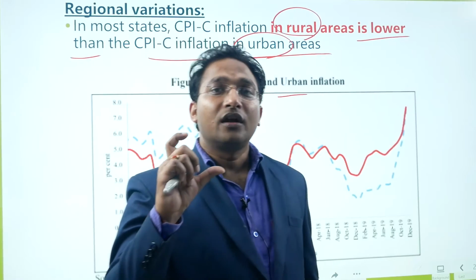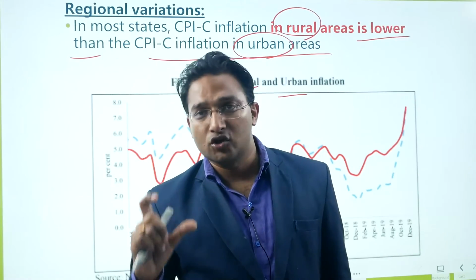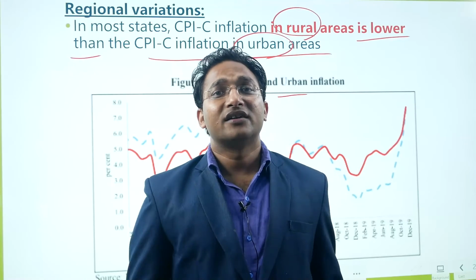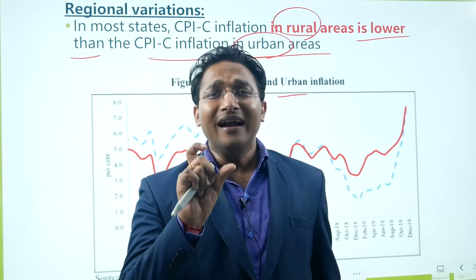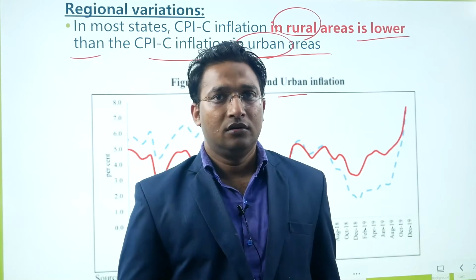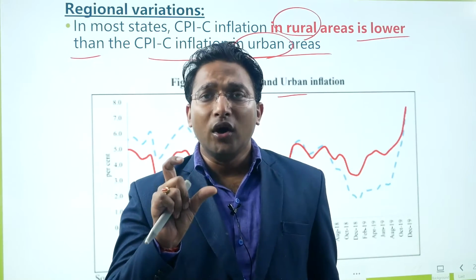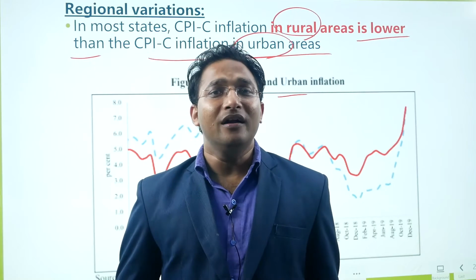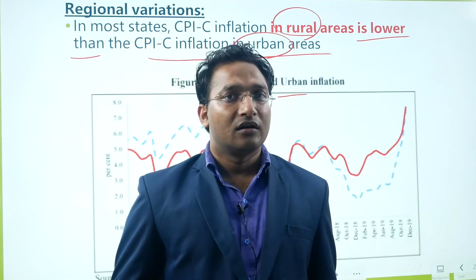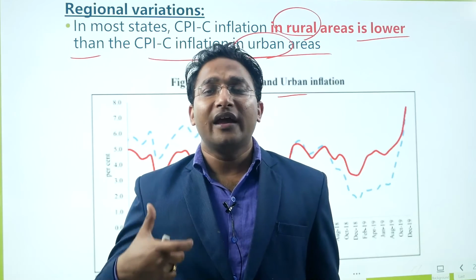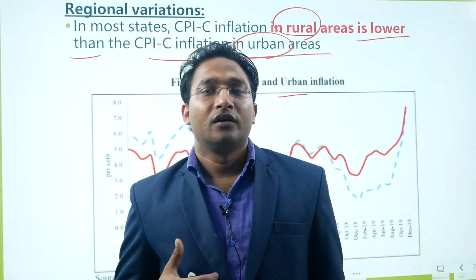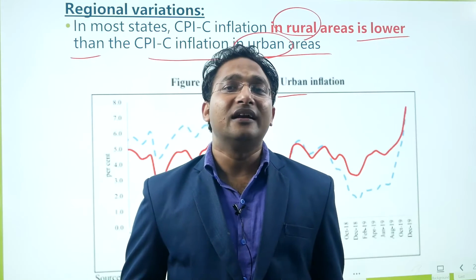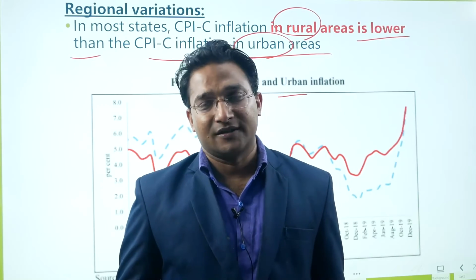So ultimately the CPI inflation in the rural areas remains low. So this is the one reason. The one reason is absence of the middleman. The second reason is that the demand in the rural areas has been low because of the low level of income. The rural wages of the people have been stable. They are not increasing. So because the income of the people is not increasing, their purchasing power is not increasing, the demand is not increasing, and ultimately the prices do not increase, right?